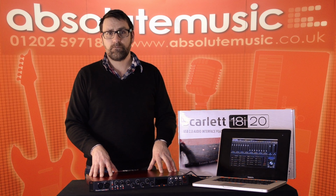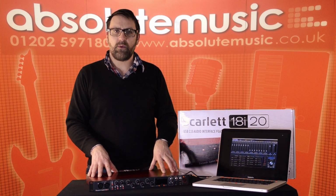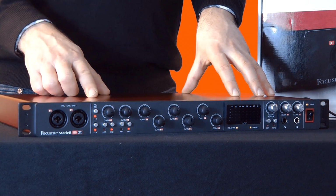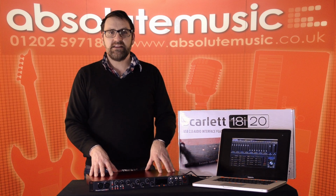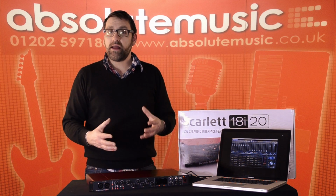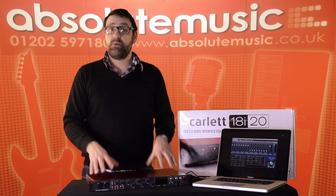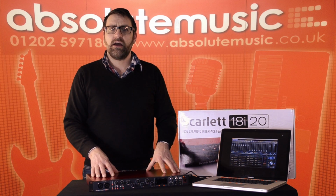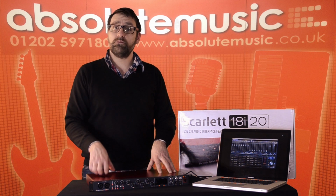If I want to record my guitar directly into my DAW software, I can plug the guitar into the jack socket on the front inputs and use the instrument switch. This will turn that input into a high impedance input and help you with the levels coming directly from the guitar. If I'm working with a signal that's perhaps a little bit too loud, I can use the pad switch, and this will just drop the level to an appropriate level for me to be able to adjust more accurately